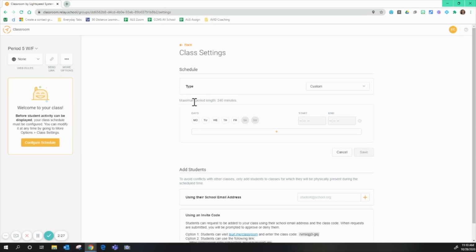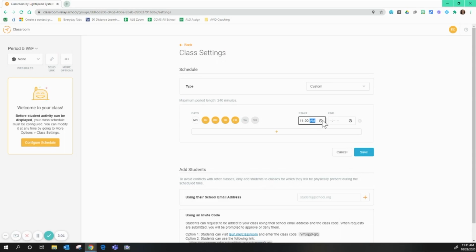So whatever class it is that you've set up, you're going to put in this schedule for that class. That means that when your students are in your class, if they're on a district device, you can see what they're doing. It will not give you access to their screens outside of your class time, whatever you set here. So for this class, I'm going to set it as Tuesday, Wednesday, Thursday. And my class is normally, my 5th period is from 2:30 to 3:30, but for right now, I'm going to set it so that you can see